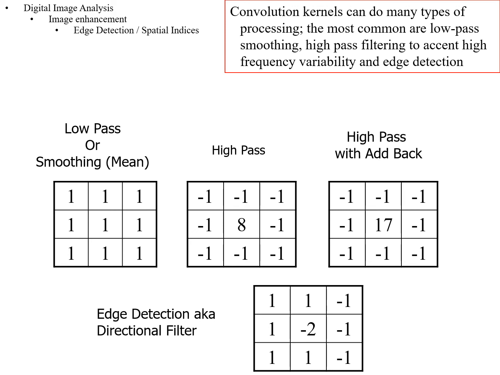If you have, on the other hand, a horizontal line, then the upper values will be weighted by the same as the lower values. So 1, 1, and -1, 1, 1, and -1, and then however the middle turns out. And so you're not going to get a large value, okay? So we have a way to discriminate between horizontal and vertical